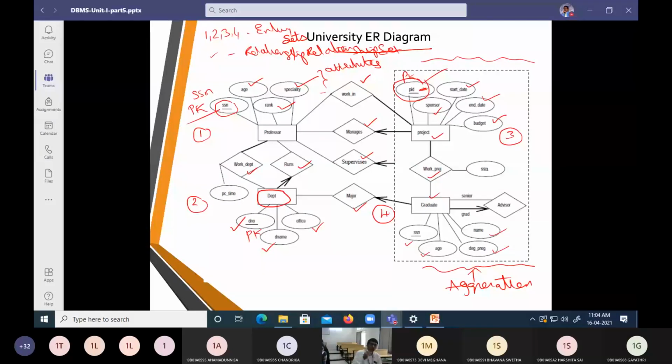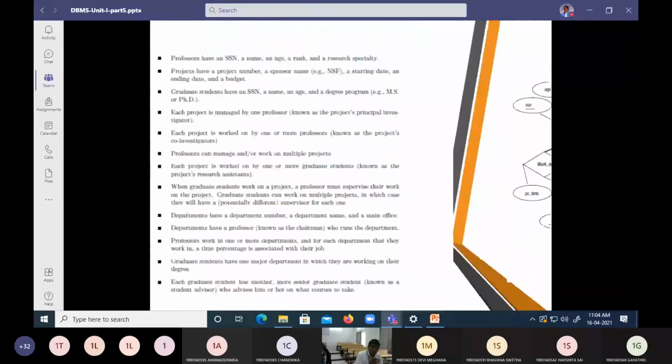Now, let us see how the relationship sets are going to be built for this project. Now let us look at how the conditions